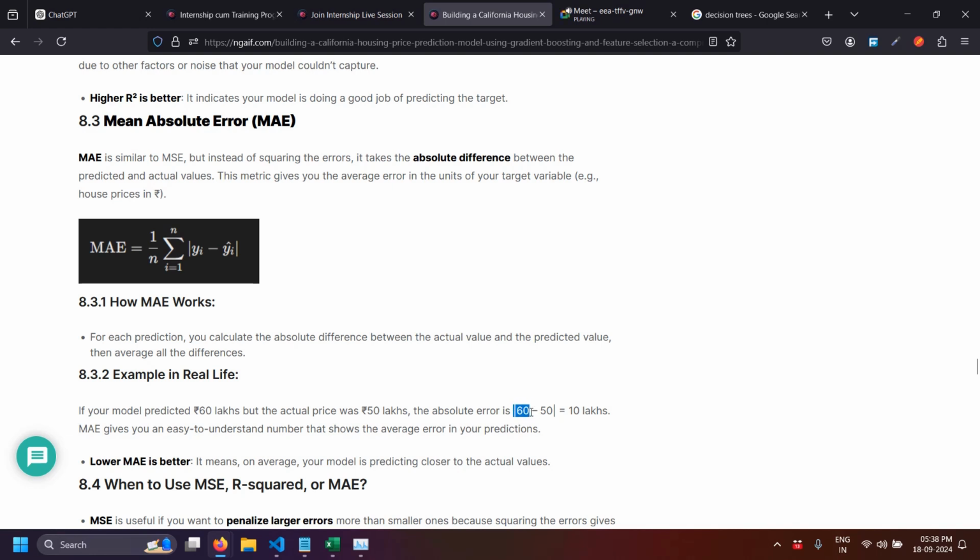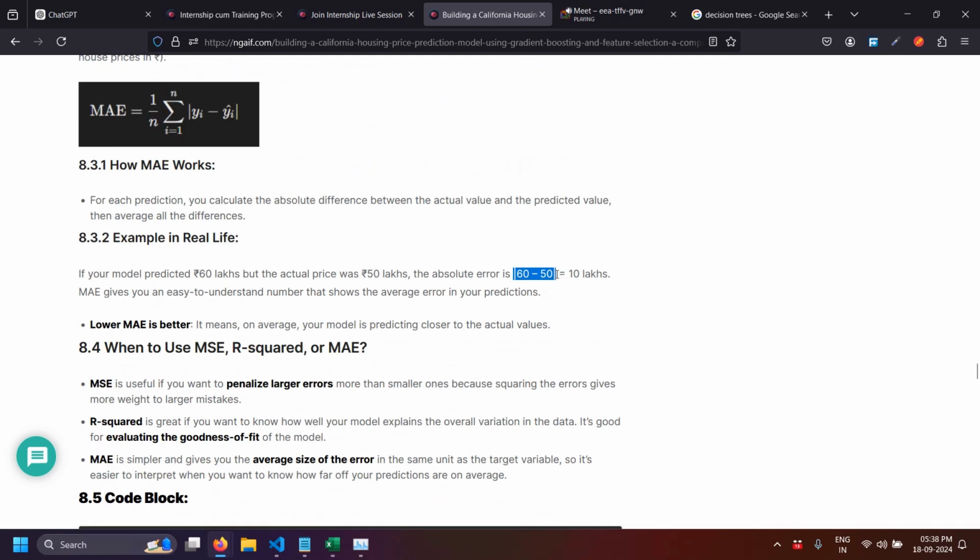but this time we are not squaring the error. What we are doing is just ignoring plus or minus. We are just ignoring the plus and minus. So if, for example, this was less and this was more, then what you would be getting is a negative, and this will change this value, but we want the final answer